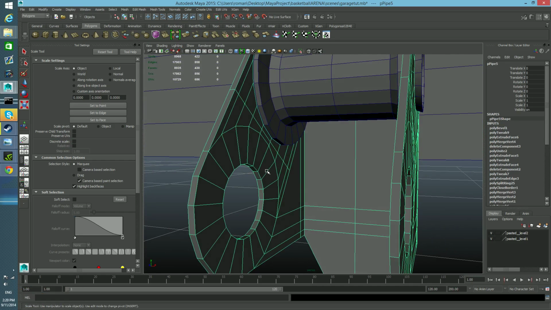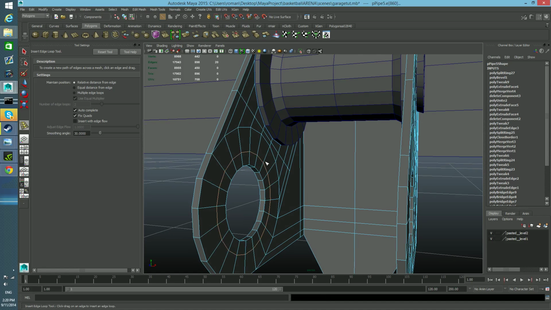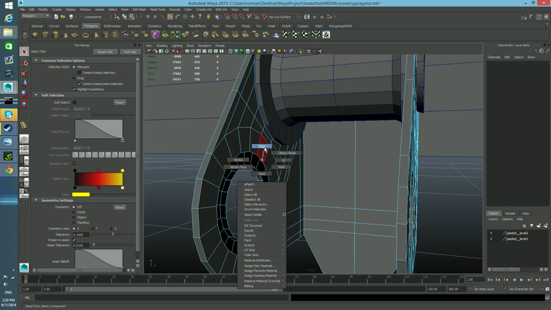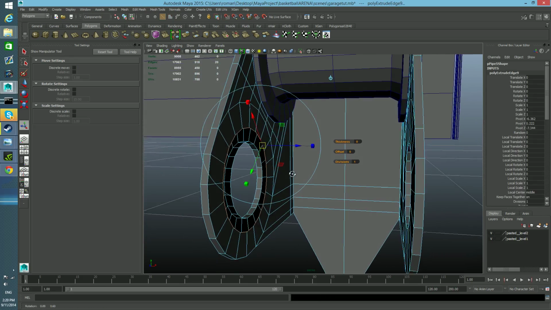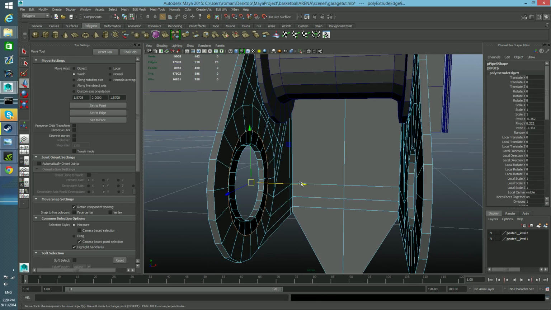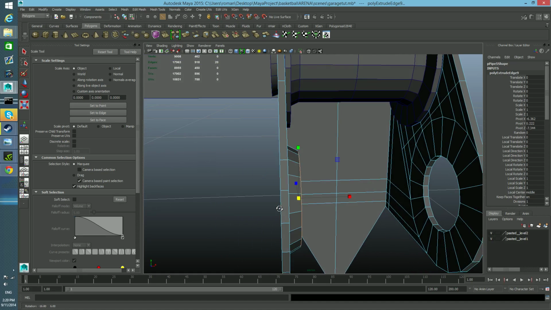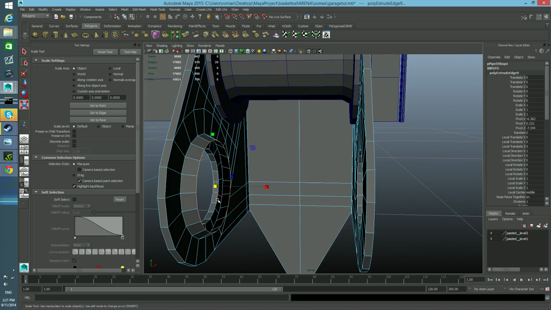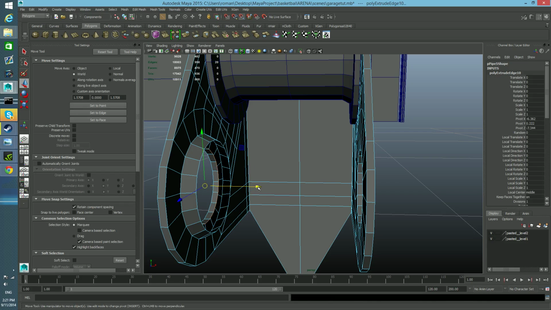So shift right click, insert edge loop, add one edge loop here, right click, choose face, grab this, double click on this, delete. Edge, double click on this edge, extrude it, switch to move tool, bring it like that, switch to scale tool, do something like cone here, and then double click on this, extrude, switch to move tool, hold on the V key,